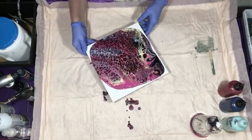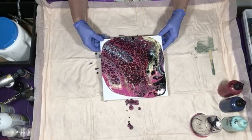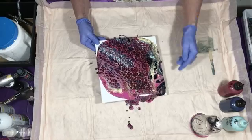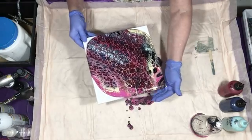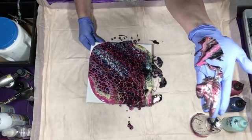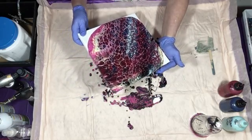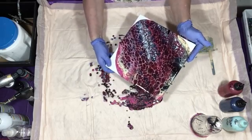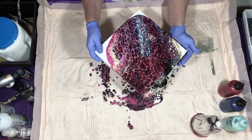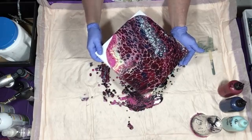So I don't really need this corner. I don't know if I want to torch it or not. I think I'll torch it after I move it, because I have some pretty decent cells there. So when I start seeing where I want to stop, then I'll go ahead and put my hand there to get that corner. And it's so pretty. Always bring your paint back to the middle so you don't stretch your cells out. That's one thing that I do teach. I don't like to be the teacher, but...